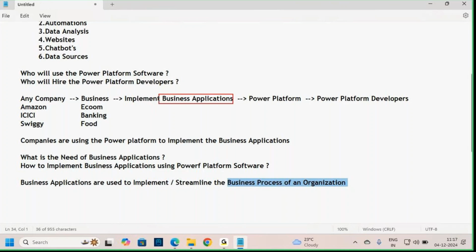Business applications. With the help of business applications only, we are able to implement the business process of any organization, guys. Let's take the Amazon example. Amazon is doing e-commerce business where they sell products to customers. If they want to sell products, first they need to create an app, then contact the sellers, and whatever products the sellers are going to sell, they need to keep those products in the Amazon app, and then market that app to reach